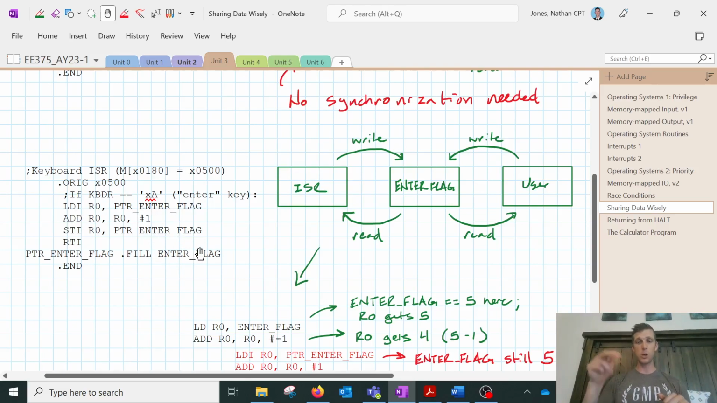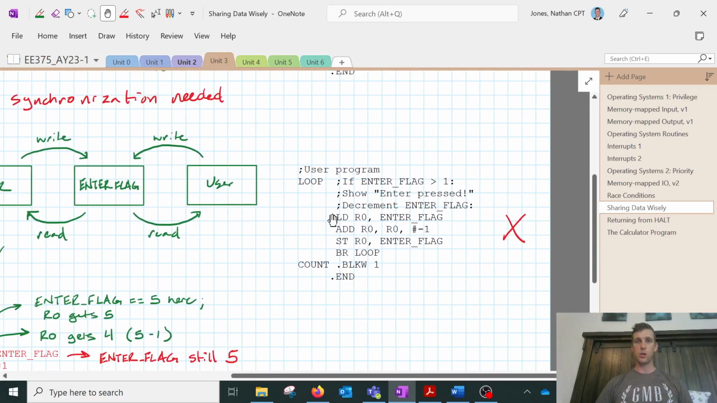So every time the user presses enter, this variable ticks up by 1. The user program, in an infinite loop, is going to check that flag. And as long as that value is greater than 1, it will show the message "enter pressed" onto the screen, and then it will decrement that variable. So what this allows us to do, hopefully, is display the message "enter pressed" as many